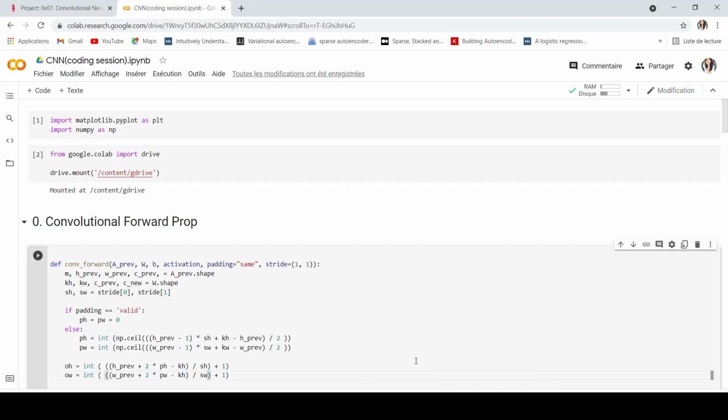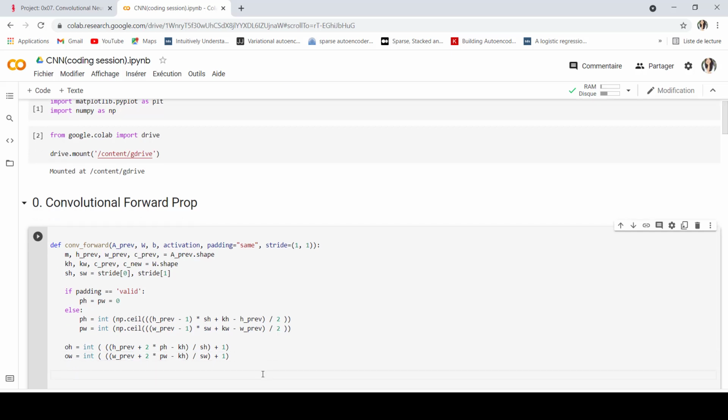I already explained in the live coding of the previous project how we get this formula and how we can calculate these output dimensions. If you still have some issues with this, the videos of Andrew Ng will be very helpful for you. Otherwise, you might ask questions anytime on Slack.